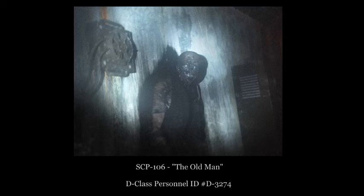SCP-106 appears to go through long periods of dormancy, in which it will remain completely motionless for up to 3 months. The cause for this is unknown. However, it appears that this is used as a lulling tactic. SCP-106 will emerge from this state in a very agitated state. It will attack and abduct staff and cause gross damage to its containment cell and the site at large. Recall protocol: